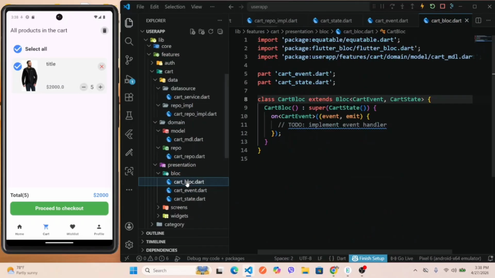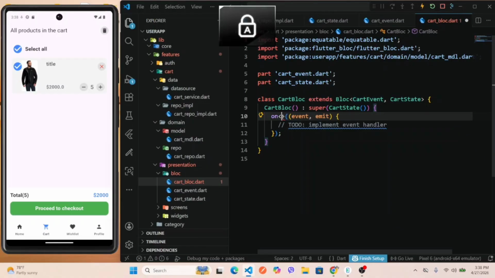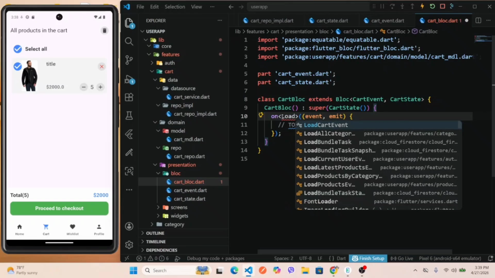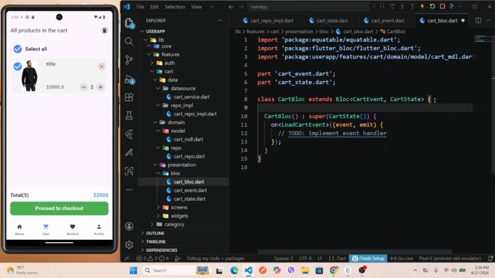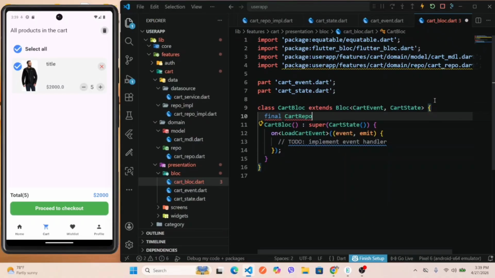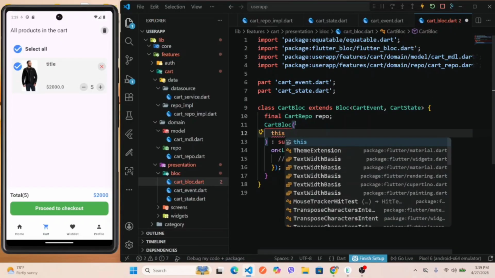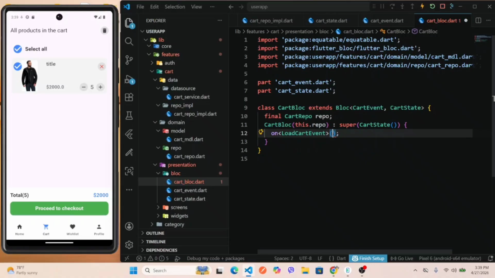Okay, now open up the cart bloc.dart file and let's send this to cart. Sorry, we have load cart event. Okay. First of all, let's define the repo here. Cart repo. Let's say repo and provide this to the constructor of this cart bloc, and let's separate this handler. Let's remove this and let's say load cart